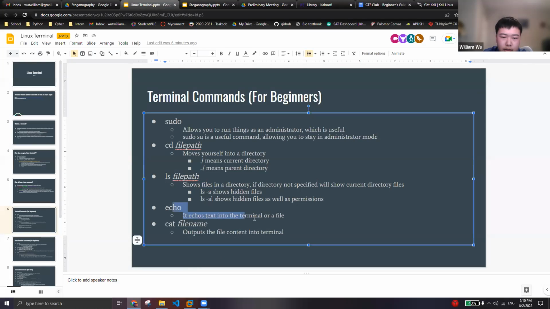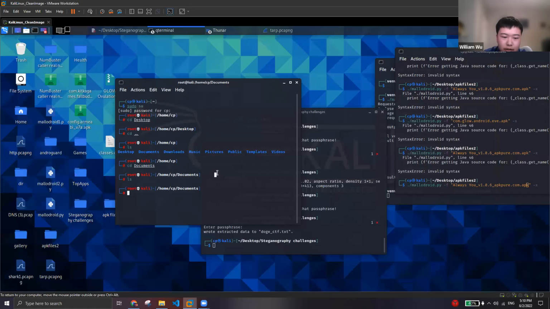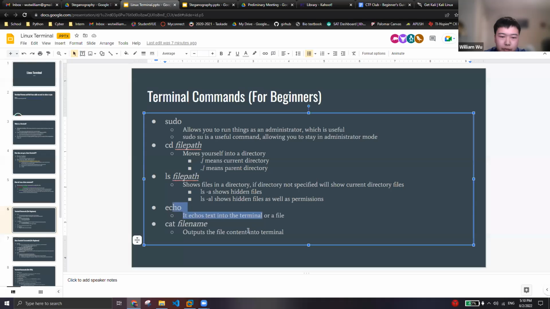Okay, echo echoes text into a terminal or a file. So echo hello, and just hello. Not very useful, but it could be useful for deciphering what something is doing. And then cat's a pretty big one too. It basically outputs the file content into the terminal. So if you want to know,